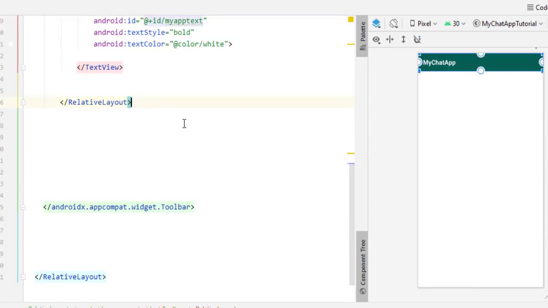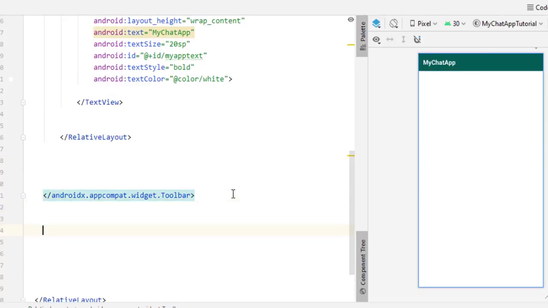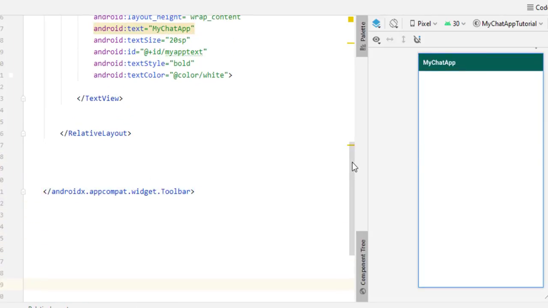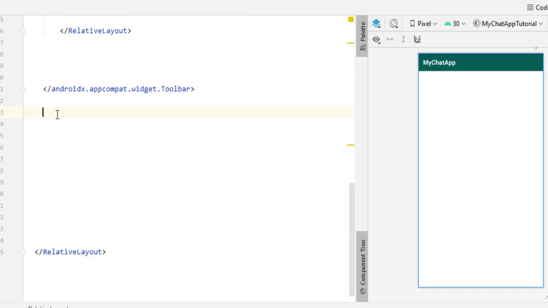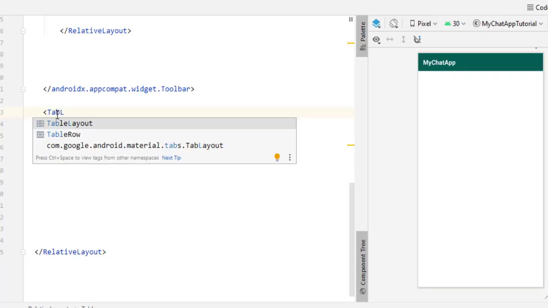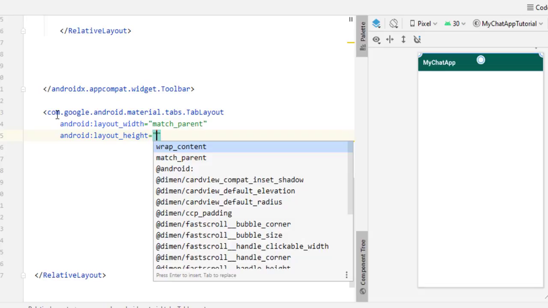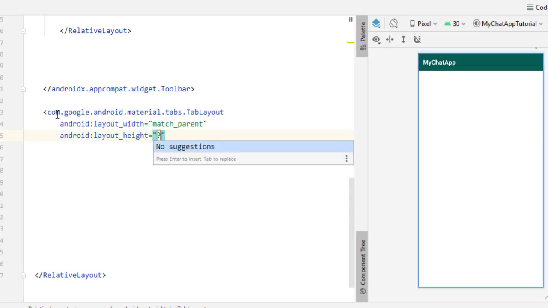Now below this relative layout, come outside from this toolbar also. Now below this toolbar, what we need is a tab layout to show the fragments. So first of all, we have to create the design of our tab layout. That's why Google provides a tab layout here. So simply take an open bracket, and when you type here tab layout, you can see it automatically shows here. Now give the layout width match parent and the height of this also action bar size,